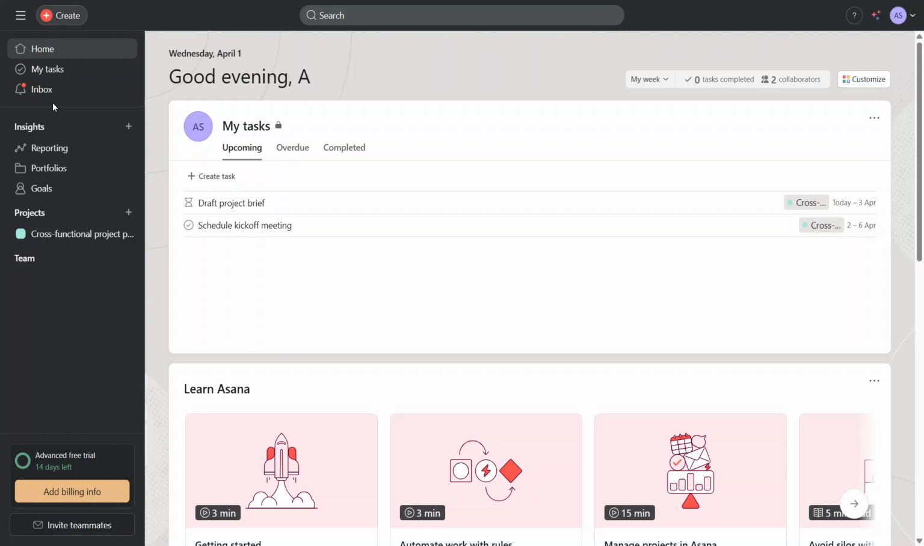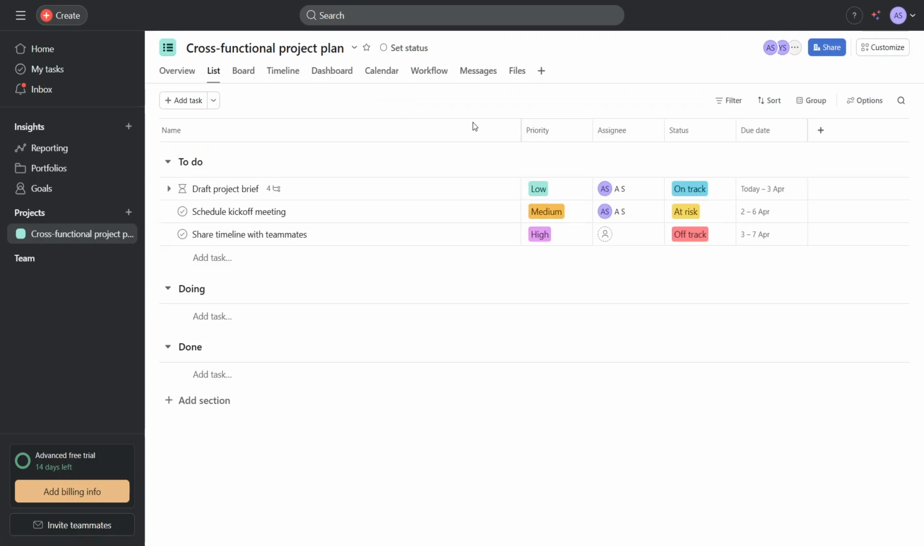First, go ahead and log into your Asana account and open your main dashboard. On the left-hand side, you'll see a sidebar with different sections, including your list of projects. Take a moment to scan through that list and find the project where you want to remove a collaborator. When you see it, click on the project name to open it. This will bring you into the main project view, where you can see tasks, sections, and all the activity related